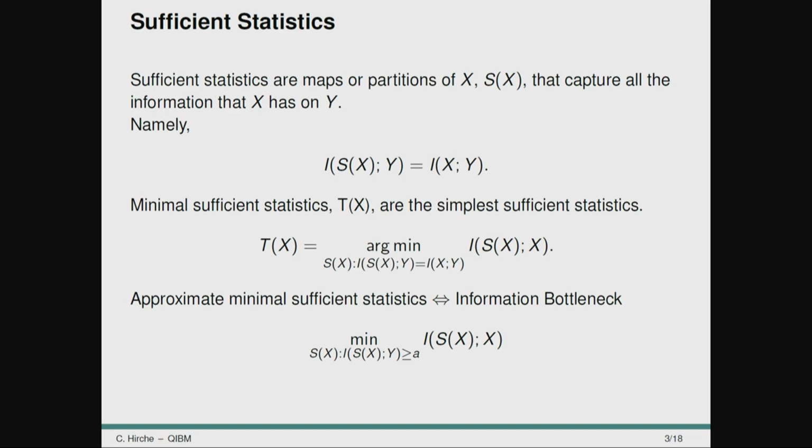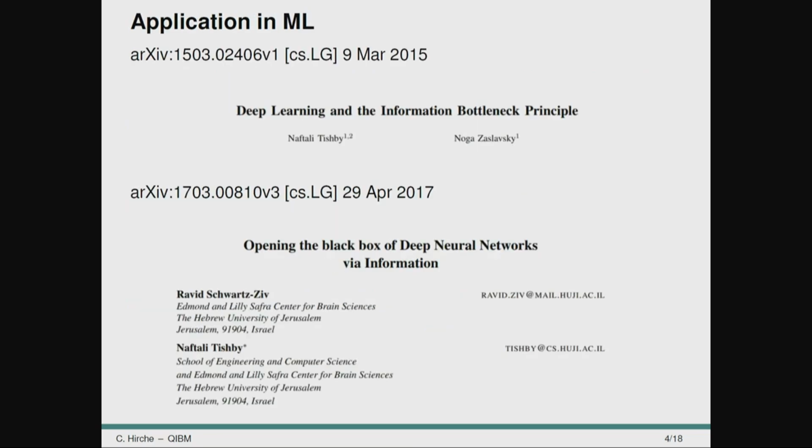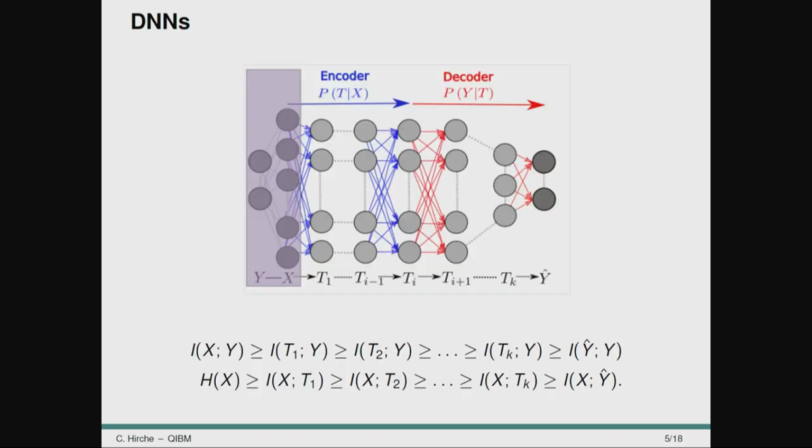To give you some further motivation, let's briefly look at some classical applications of this. In particular, the researchers around Tishby have used this to investigate deep neural networks. As you can see from the title, Opening the Black Box of Deep Neural Networks, their goal was really to understand why a neural network works in the first place. And how do we think about this?